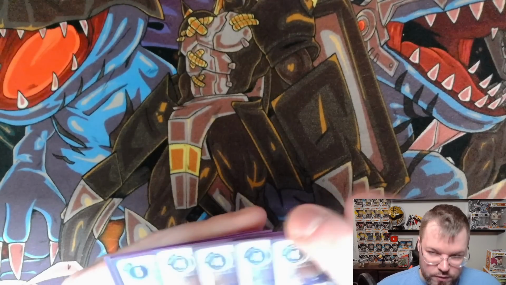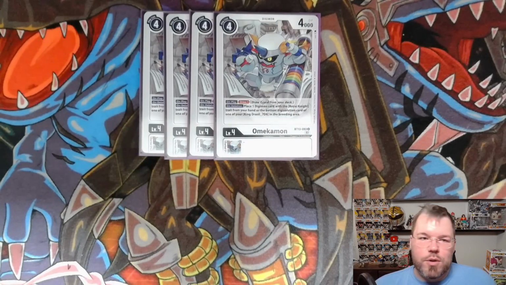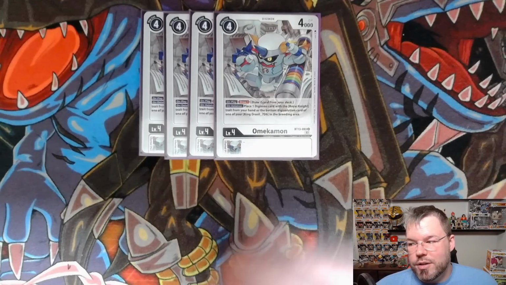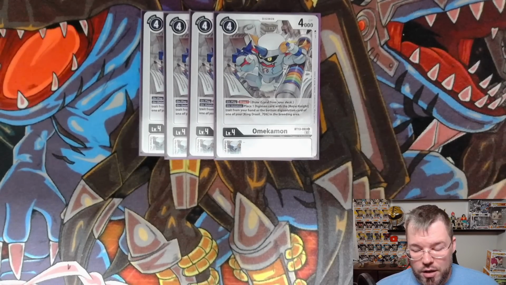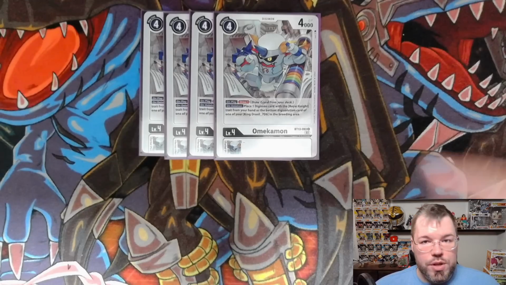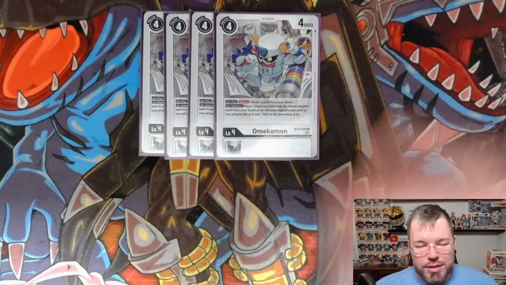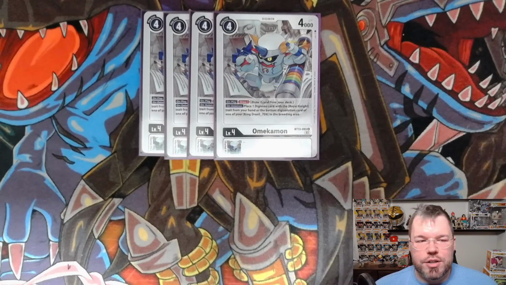On to our 4s. We are playing 4 Omekamon from BT13. 4 cost to hard play. On play, draw 1. That's one of the best parts of this card. And then on deletion, you place a Royal Knight trait Digimon from your hand underneath your Drazel in your raising area. Really good if you're not playing against blue specifically, or a deck that has like bouncing or deck out or whatever, because basically you're always going to get that off whether he lives